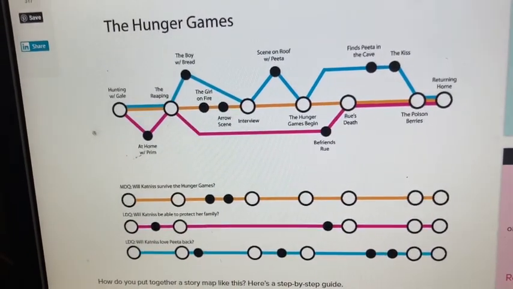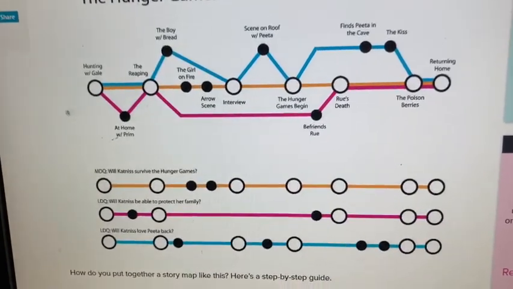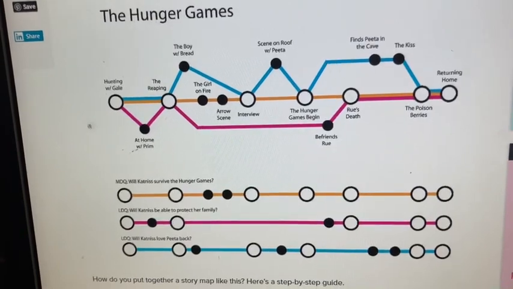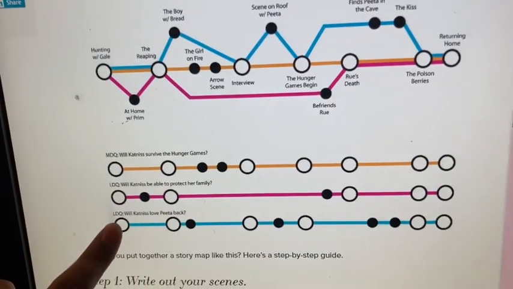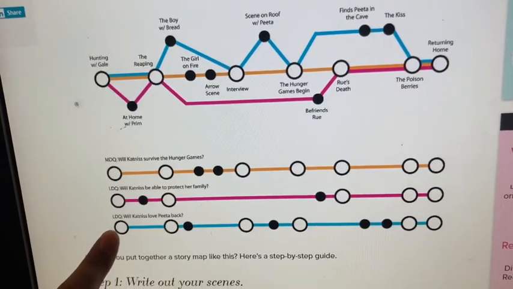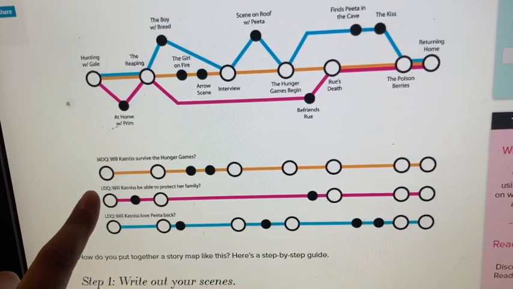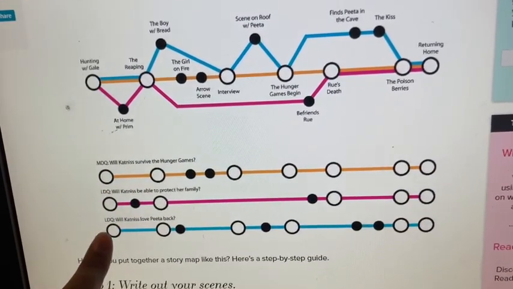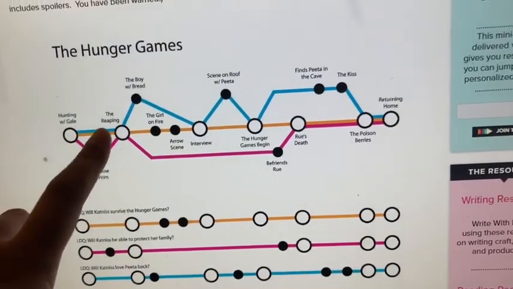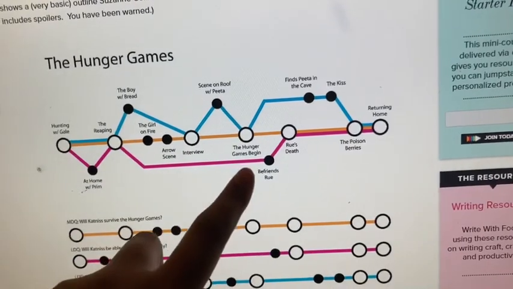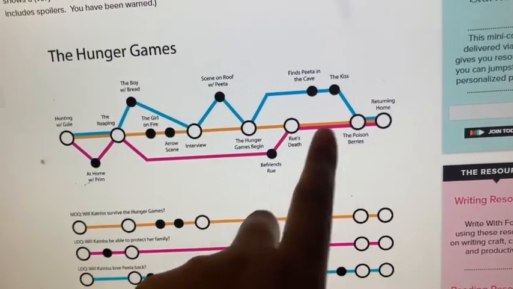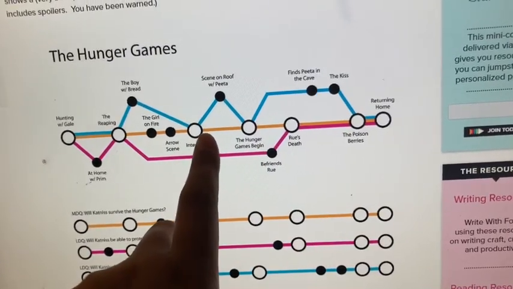Now, the point of a story map is to visualize how your main plot and your subplots work together. So you can see here at the bottom we have the main plot of the Hunger Games, and the 2 main subplots, related to Prim and to Peeta. And here at the top you can see where the subplots interact with the main plot, and if you look carefully at all of the places where these subplots interact, you can see how they push both the main plot